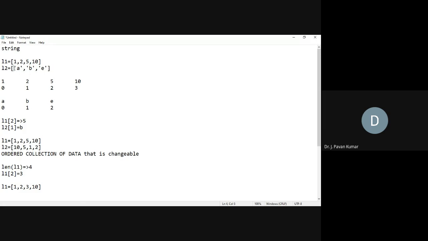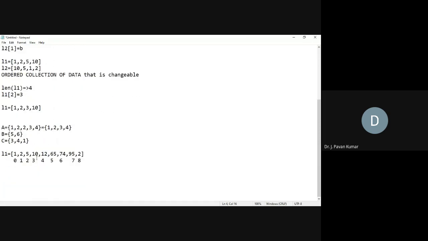Like we are having L1 as 1 to 5, 10, so on like this. And in addition to that, we are having these characters as well. So now what you have to understand is these elements will be differentiated by using indexes. That's it. So we can have multiple types of data as well.